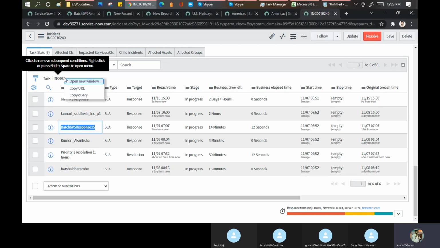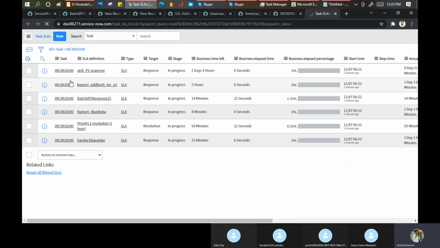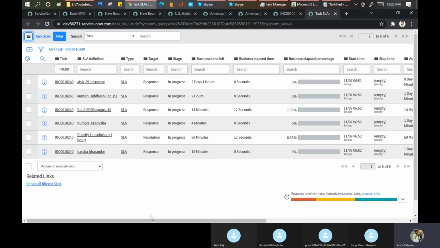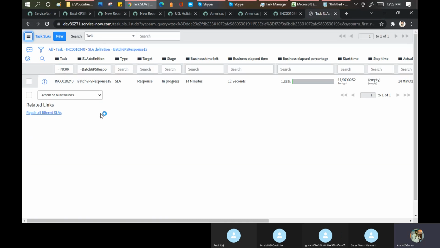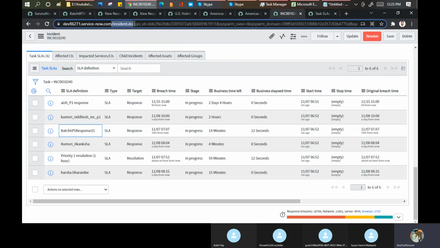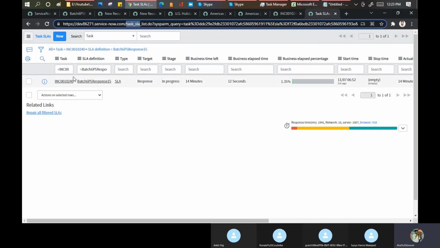Now I'll show you something on this table part, what the fields mean here. Because if you are working in operations, and I'm specifically taking the name of operations because in operations you need to be worried about this thing only. Let me do a filtration here and keep only one. Okay. Now number 1 point. This SLA is in the table task_sla. And this incident is on the table incident. What is linking incident and the task is the incident number.